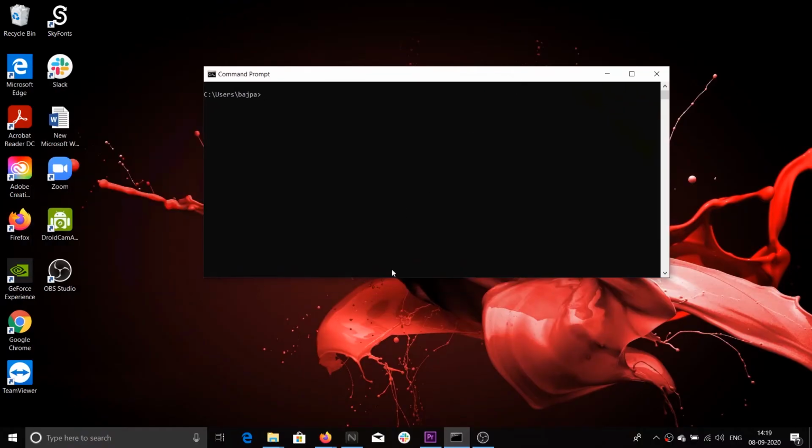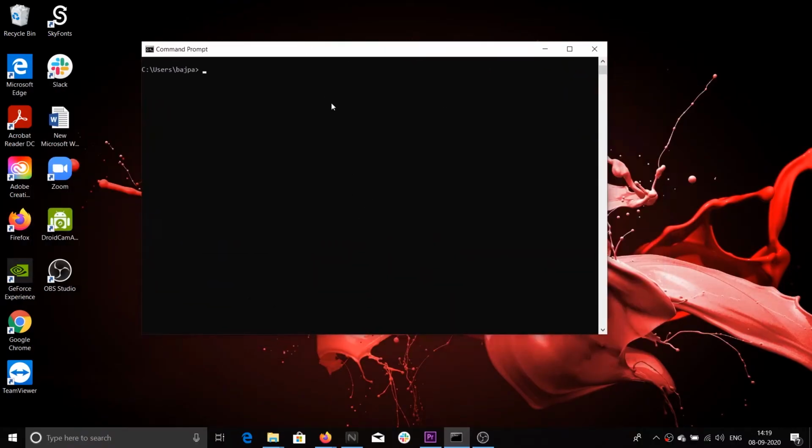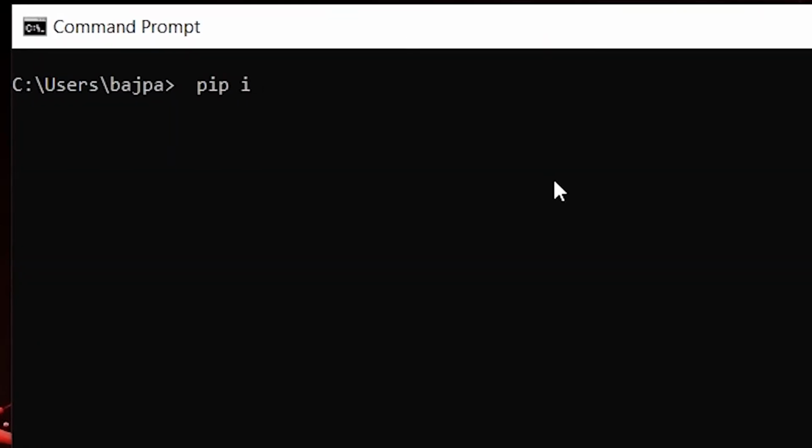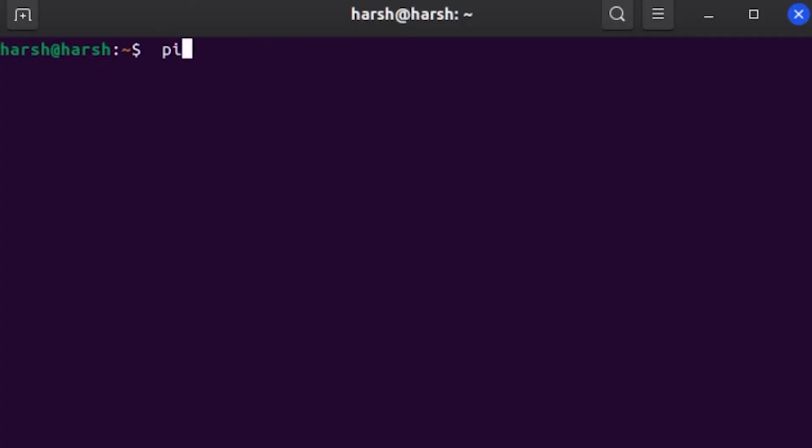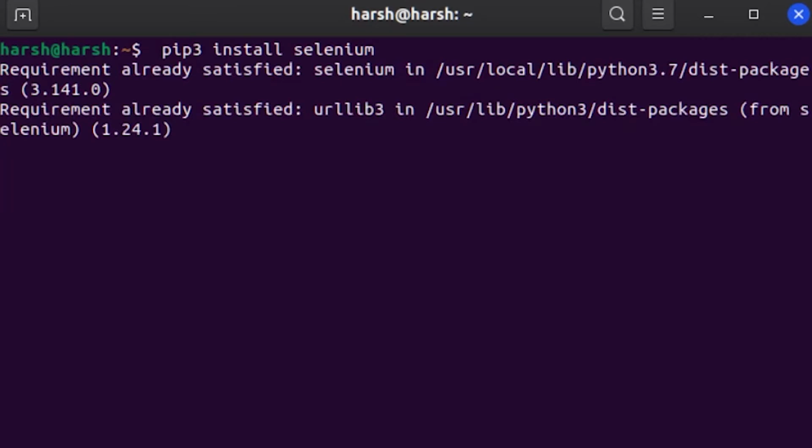Now we will be installing Selenium. So open your terminal. If you are on Windows, type pip space install space Selenium. This will install Selenium in your system. If you are on Linux or a Mac, then type pip3 install Selenium and press enter.